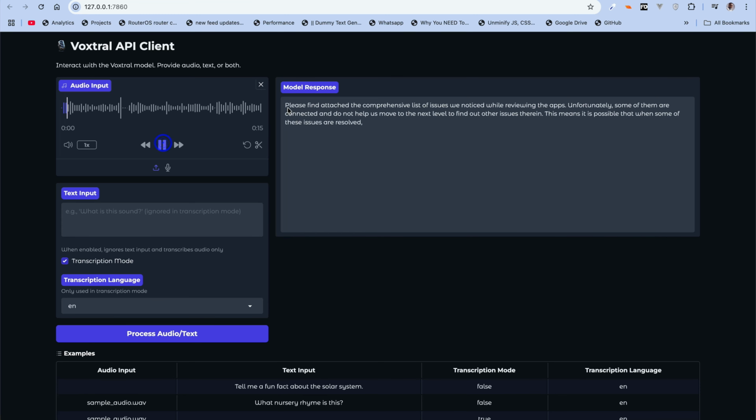Please find attached the comprehensive list of issues we noticed while reviewing the apps. Unfortunately, some of them are connected and do not help us move to the next level to find out other issues therein. This means it is possible that when some of these issues are resolved,